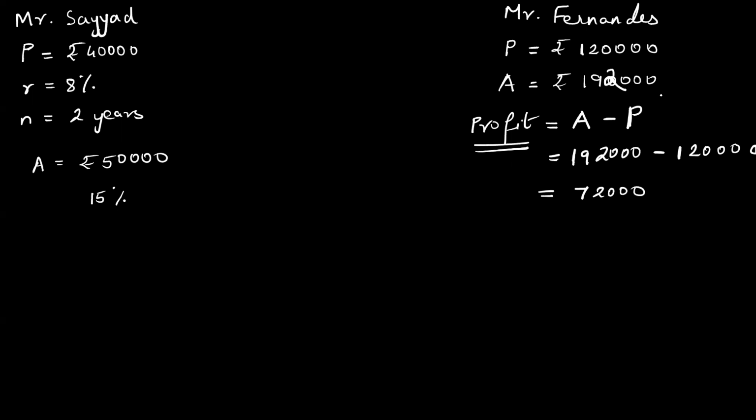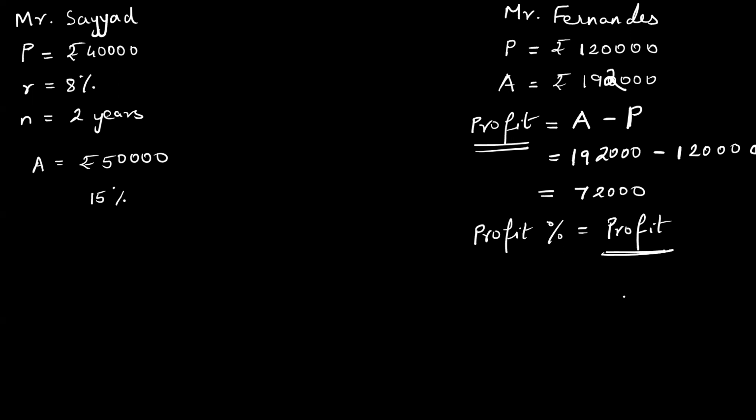We know this guy is going to get more because he put in more money. We want to find out the percentage of profit. You know the formula for profit percent? See, whenever you're calculating percentage of anything, that same value you should write on top. So profit percent means profit will come on top. If you're calculating loss percentage, then loss will come on top. And in the denominator, you will write the original value that they put in.